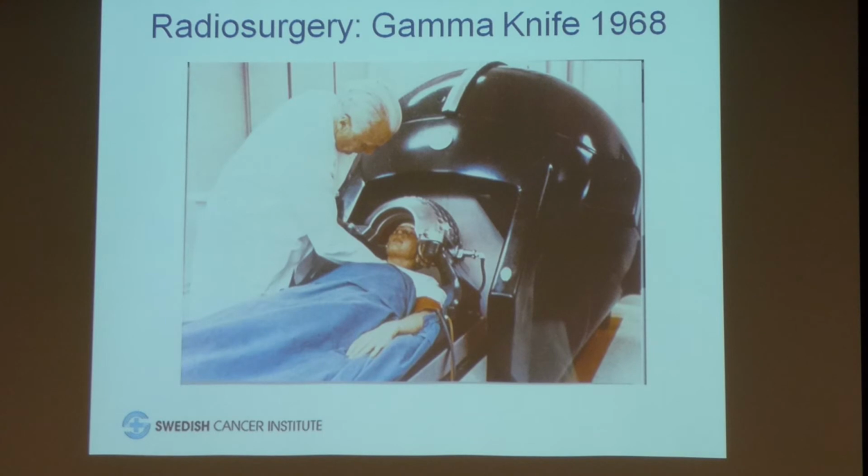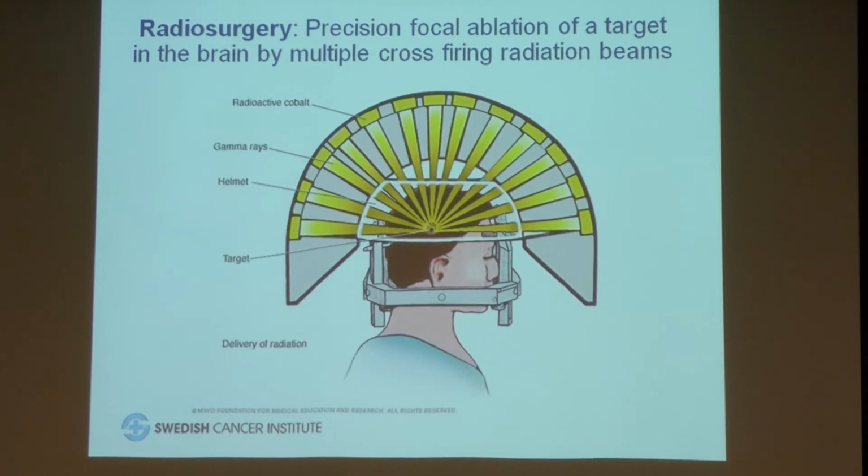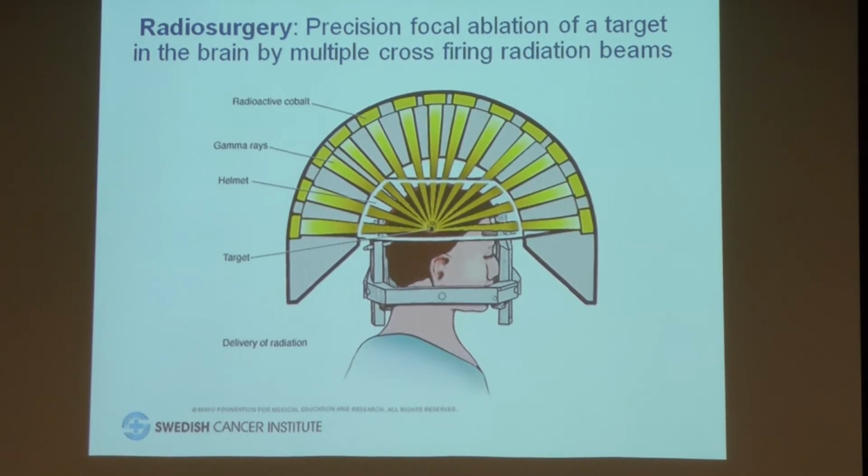Well, there's 200 cobalt-60 sources in a hemispherical array. And those cobalt sources are all designed to make a finely collimated beam that all intersect through one point. So any given beam doesn't give much radiation, but when you have 200 beams intersecting in a spot, you can ablate anything in the brain. Now, a little bit like the analogy might be when you were a kid, you probably played with a magnifying glass in the summertime. If you could get the light to focus on one tiny little point, you could light newsprint on fire. So Lars Leksell